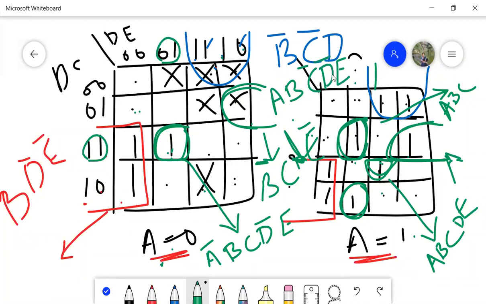And what is left out? Similarly, for this one also you can write. So for this one, if I write, what will be the value? This one again, it is an A matrix, so it is A. So I have in this column B, it is 0, 1, 0. So 1, 0, it is nothing but B bar C, and on top it will be 0, 1. 0, 1, it will be 0 is D bar and E. Like this, you can solve the K-map, the simplified version of this 5 variable K-map.